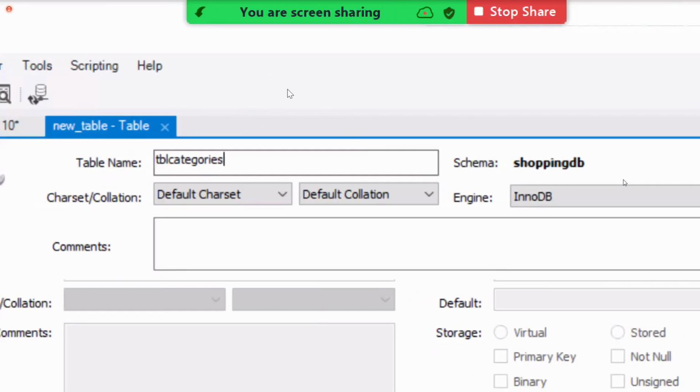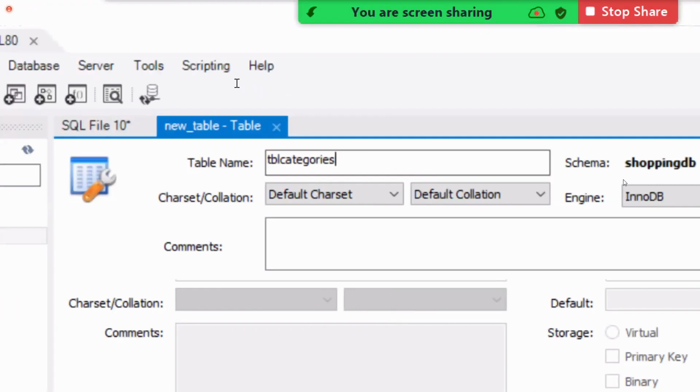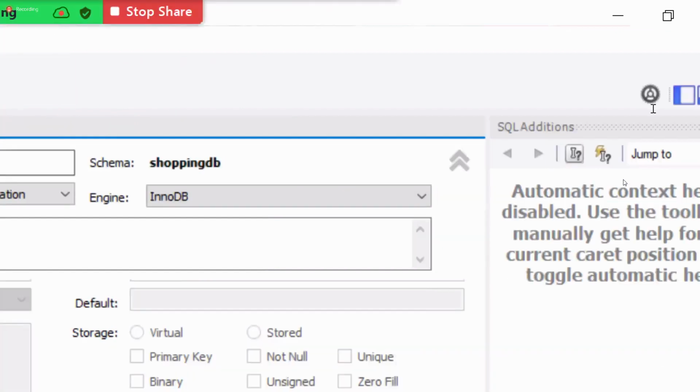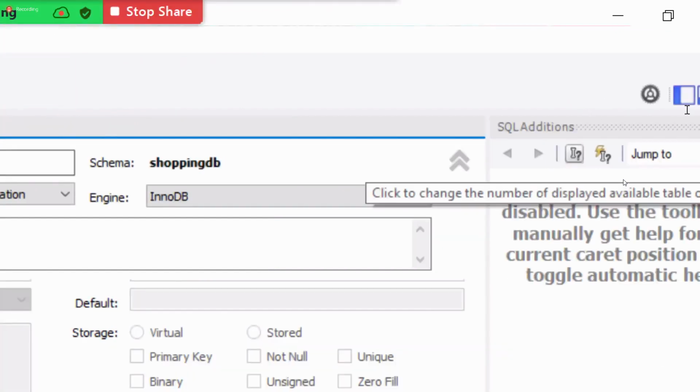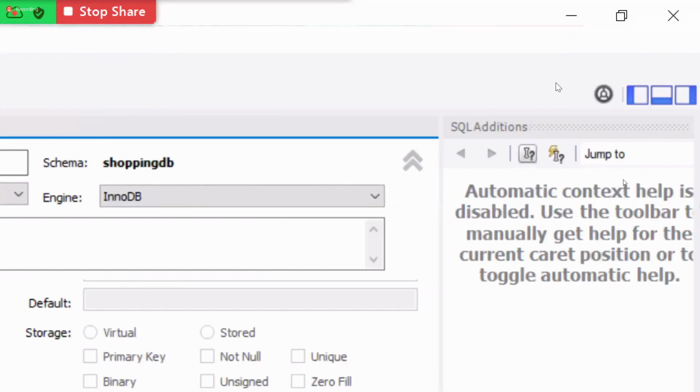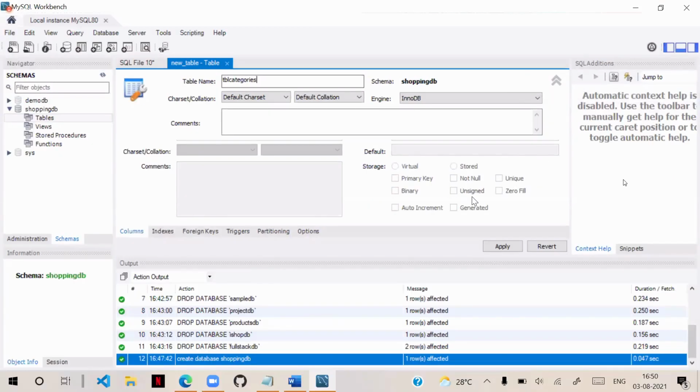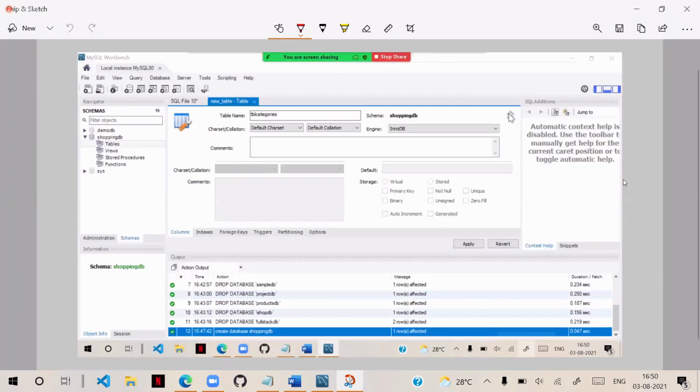Now, what fields do you want in that table? After defining the table name TBL categories, on the right side, you can see there is a tab.